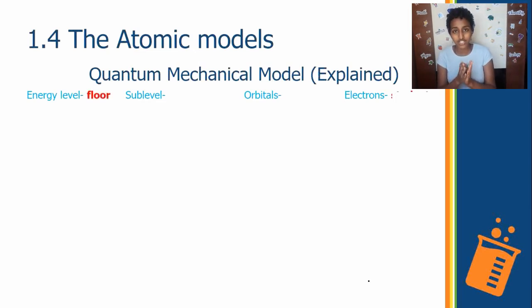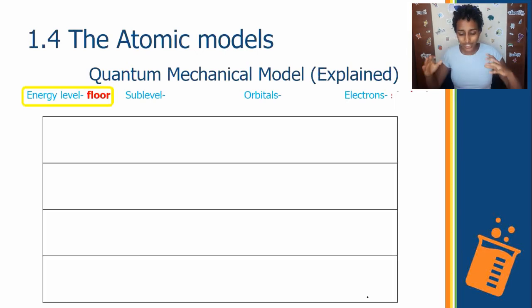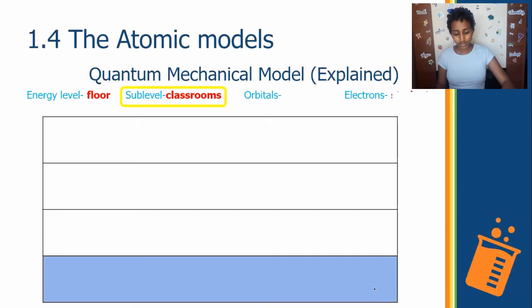So we're focusing on energy level now, right? Let's draw it like this, okay? It's not anything fancy, but just imagine that this box is a school, and each floor of the school represents an energy level. The next thing we have to discuss is sublevel. Now let sublevel be a classroom, okay? Now, in the bottom floor, you see that it's blue now.